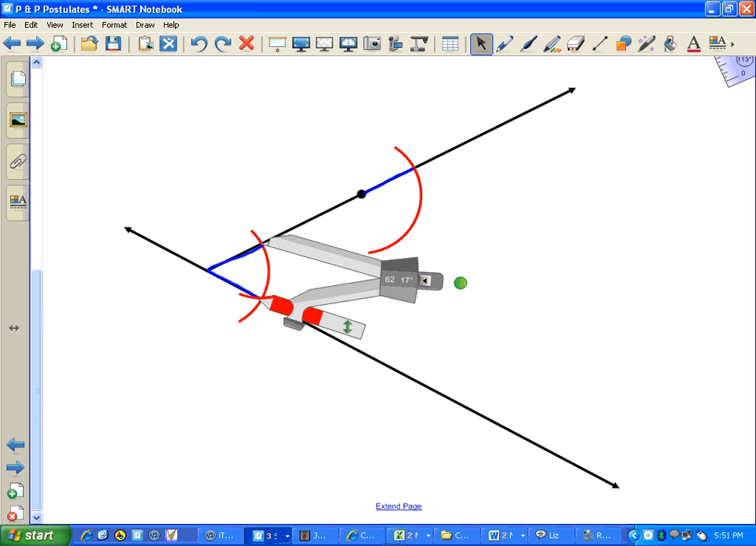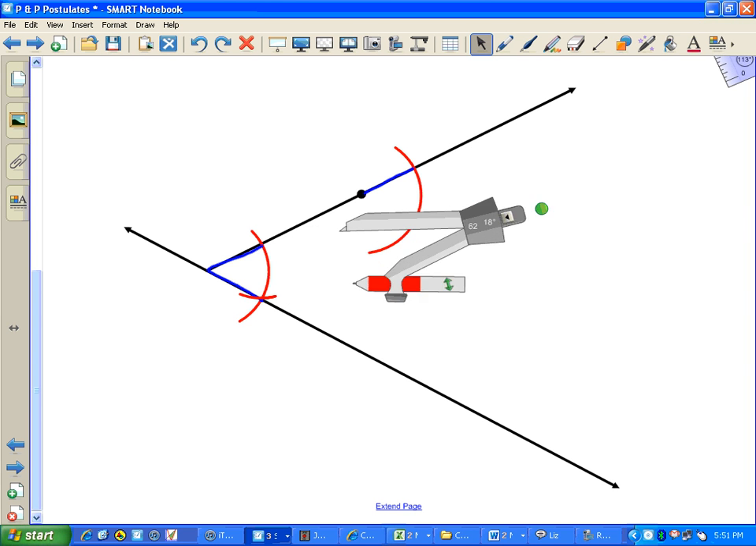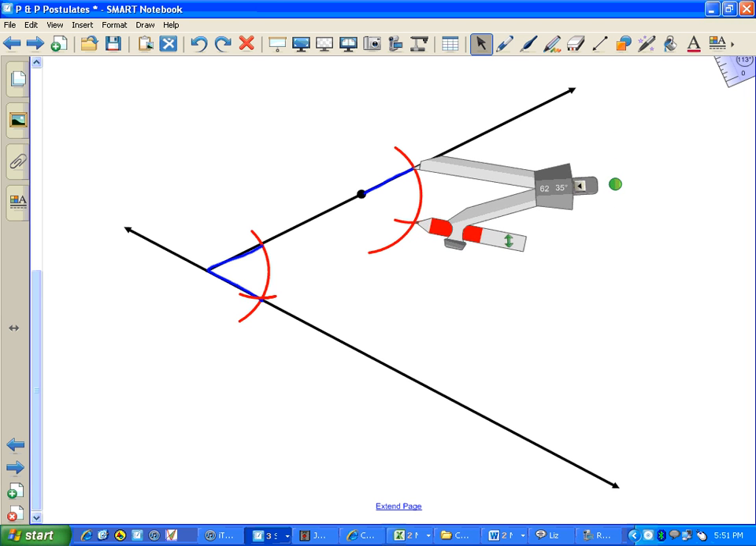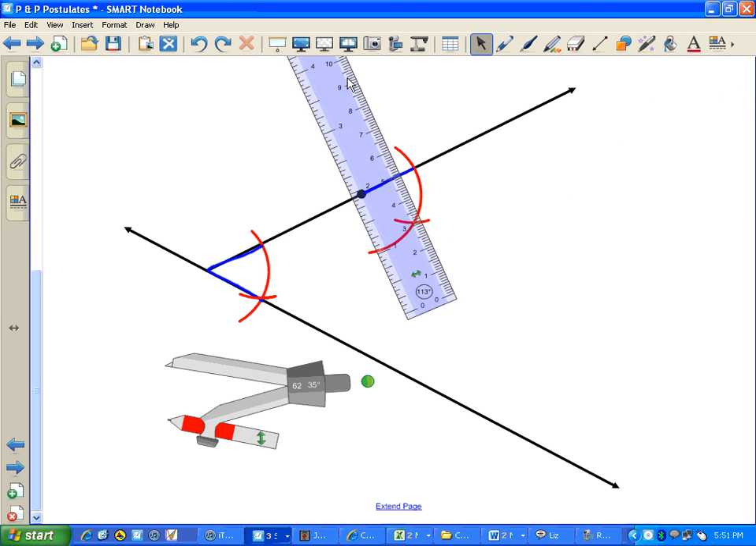If I copy that distance there, that's going to tell me exactly where my bottom line needs to run. It needs to run through that intersection. Okay, so I'm going to copy that up here. Okay, then I'll just connect those with my ruler,